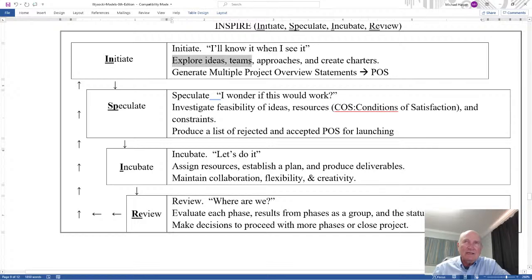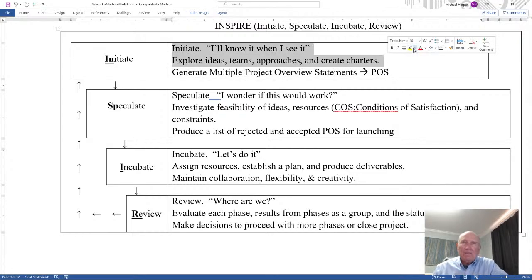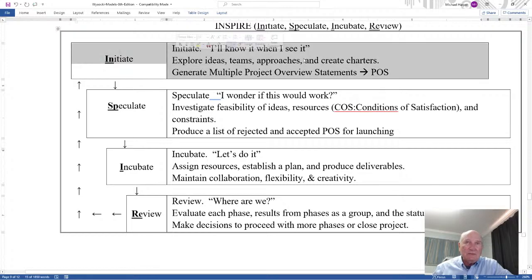Explore ideas, teams, approaches, create charters, generate multiple overview statements. In other words, this is brainstorming. You say, oh, let's try this, let's try this. Oh, wait a minute, that looks good to me. Let's go for it. And at this stage, what I have learned from experience,